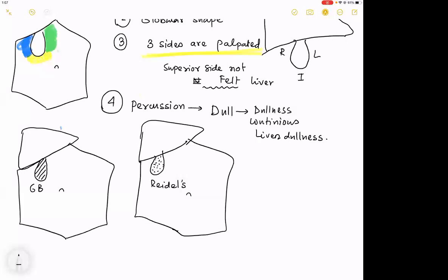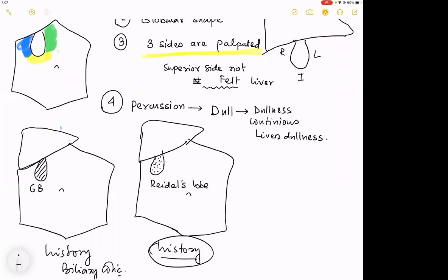The answer is that the history that you get in this patient will be typical of gallbladder disease, for example biliary colic, etc. But as you have very rightly said, if I do not give you the history and I directly tell you to see the patient, then it becomes a very difficult thing. Riedel's lobe of the liver is very rare. I have seen only one patient in my life till now, honestly. But what you have said is a very good question.